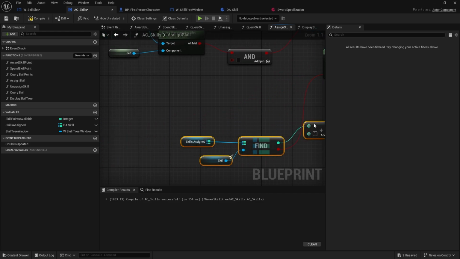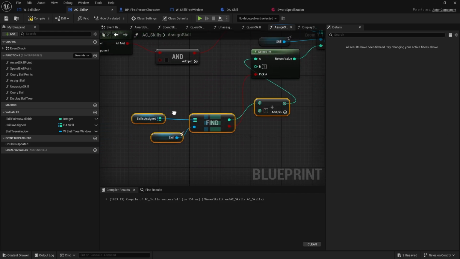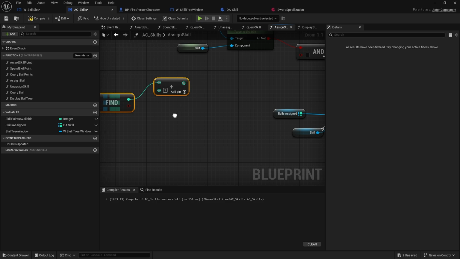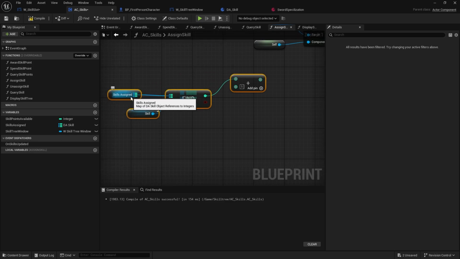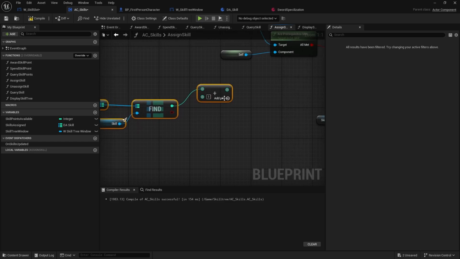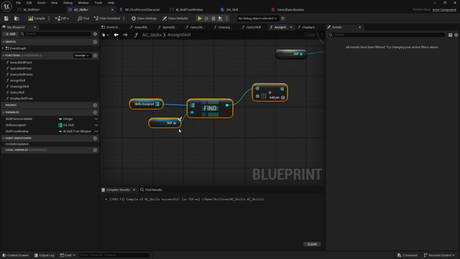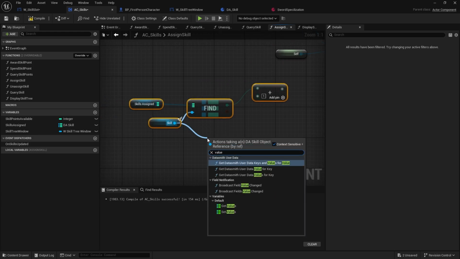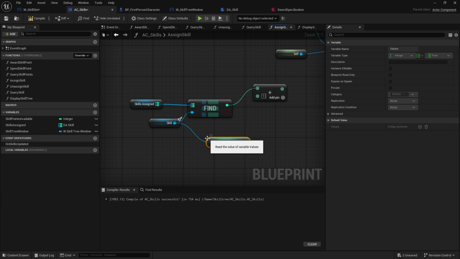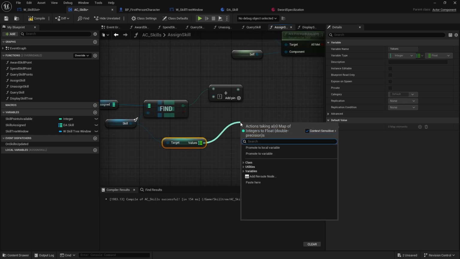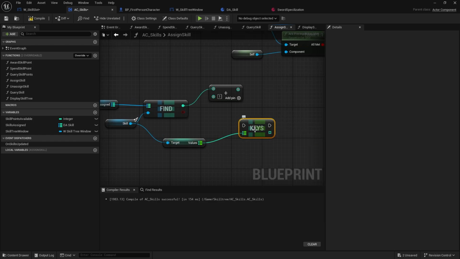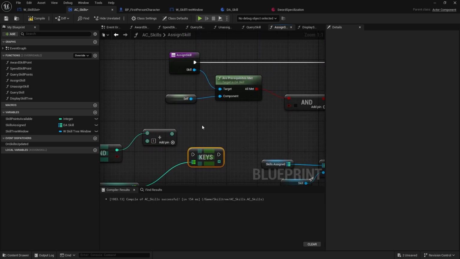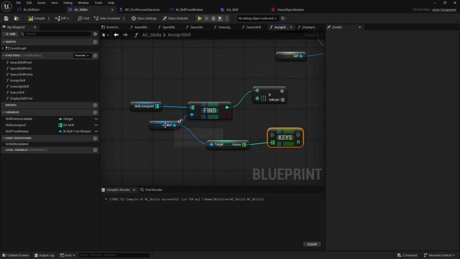I'll tell you what, we'll keep it a bit tidier. We'll just put that there and copy it, put it over here. So if the current value of the skill is greater than the values inside of here, get values, and I want to get the number of keys in here. This is going to be annoying because I have to feed this in, it's going to get messy. What I could also do is make a little function on my data asset to return how many